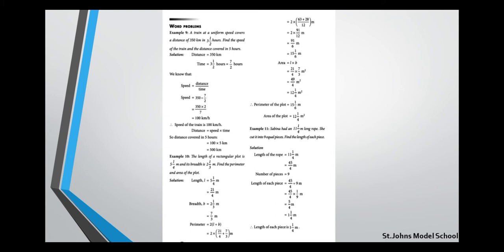Now next is, Sabina had an 11 1 by 4 meter long rope. She cut it into 9 equal pieces. Find the length of each piece. So the length of the rope is 11 1 by 4 meters, and we have converted it